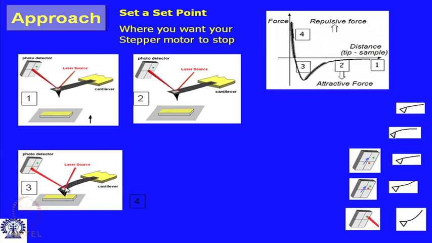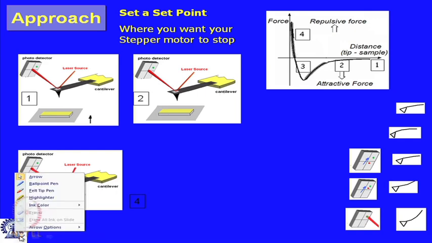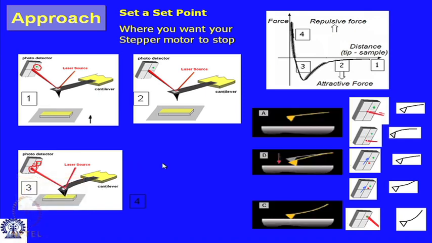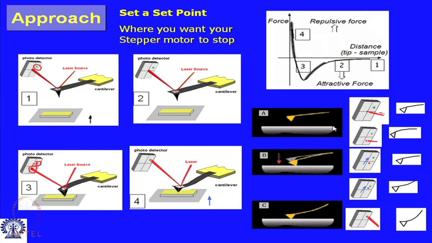So, the cantilever deflects like this, and now you see if you examine carefully over here, which we did not do before, that this is the center. It has deflected like this, and you see there is a small green spot. So, this green spot was here right from this particular figure. So, this green spot is nothing but the set point. Okay. And then you approach further, and finally, the nature of the deflection changes from attractive to repulsive, and when the reflected beam coincides on this green spot, that is the set point, now your approach sequence stops and the piezo gets activated, the feedback loop is activated, and the AFM is ready